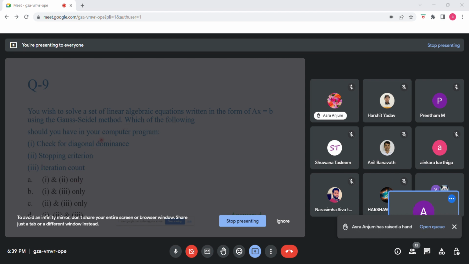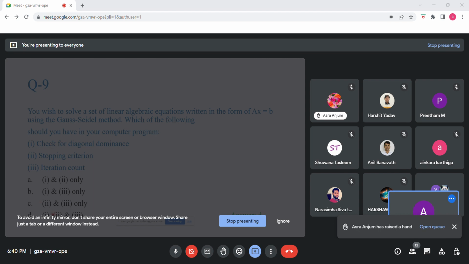So when writing code for the Gauss-Seidel method, the algorithm will first check for the diagonal dominance, and we'll put some tolerance limit in the program to say when the solution needs to be stopped. Also we'll take into account the iteration count to see how efficient the program is, when the program is getting solved. So 1, 2 and 3, all the options are right, so option D is the right